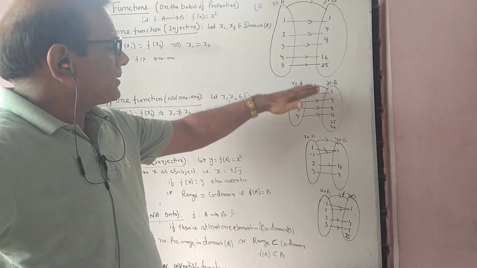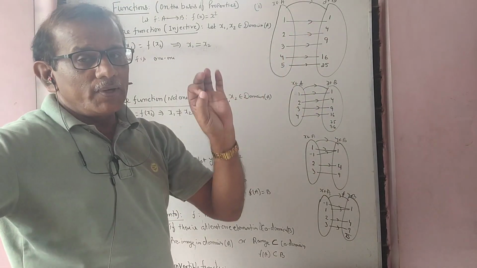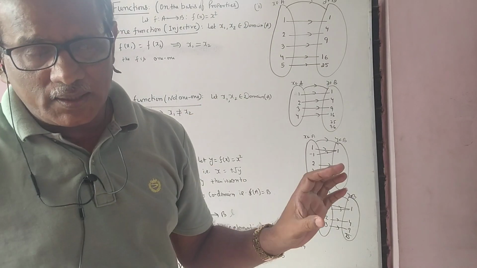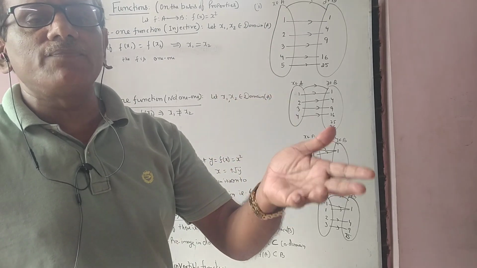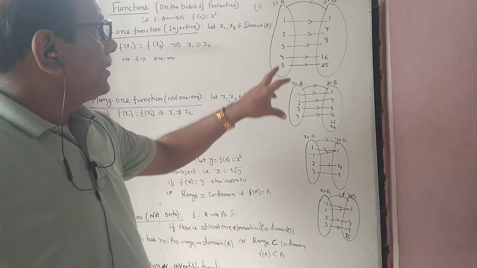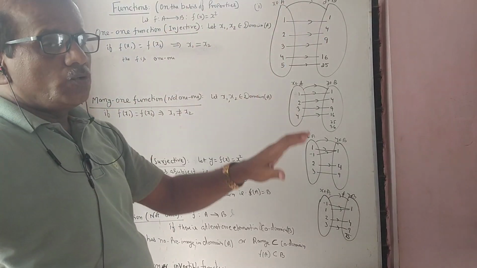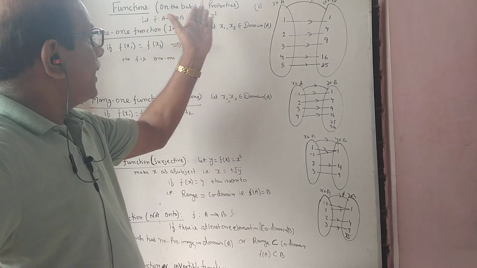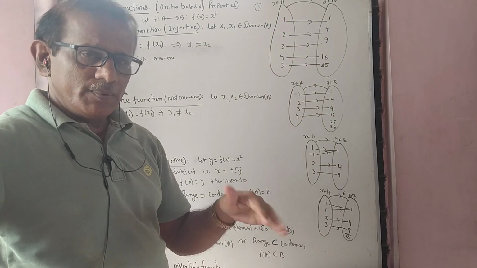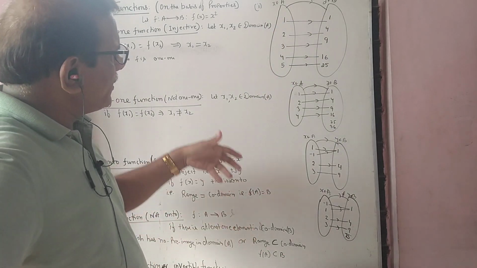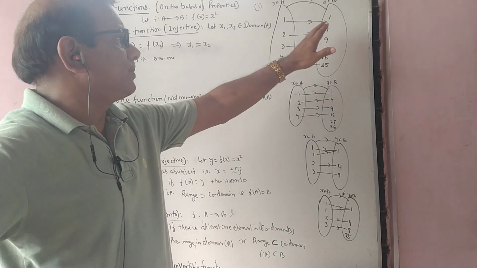Now see, 4 types I have written. For examples I have taken mapping. Function and mapping are the same thing. The geometrical concept of function is said to be mapping. So I have taken sets A and B. f is a function from A to B. Obviously A is the domain and B is the codomain. Every element of set A is related to a unique element of B, because that is the basic definition of function. Any type of function it is, every element of A should have a unique image in B.